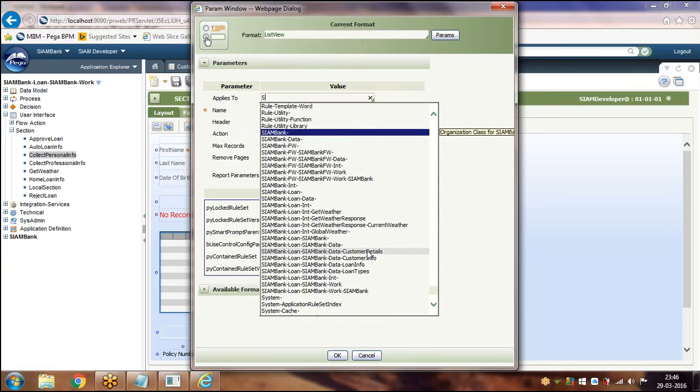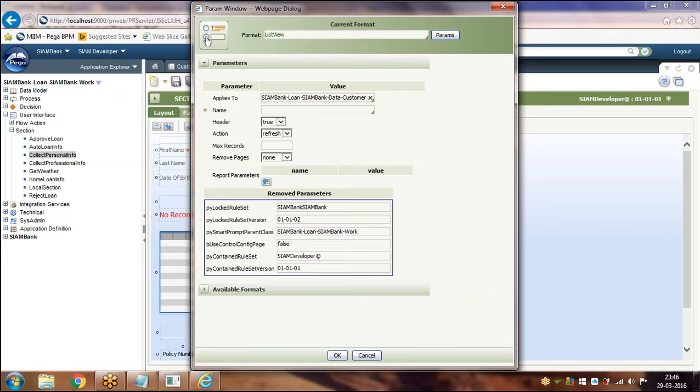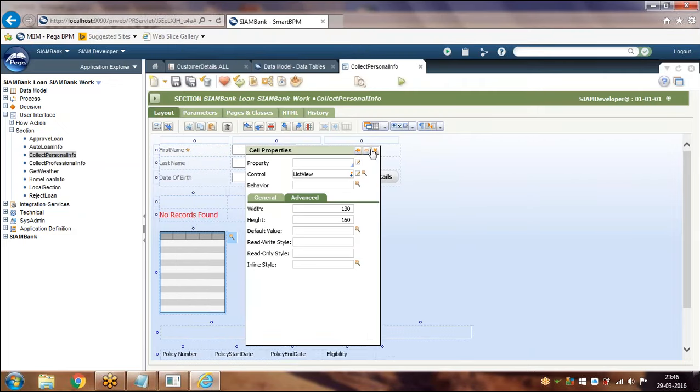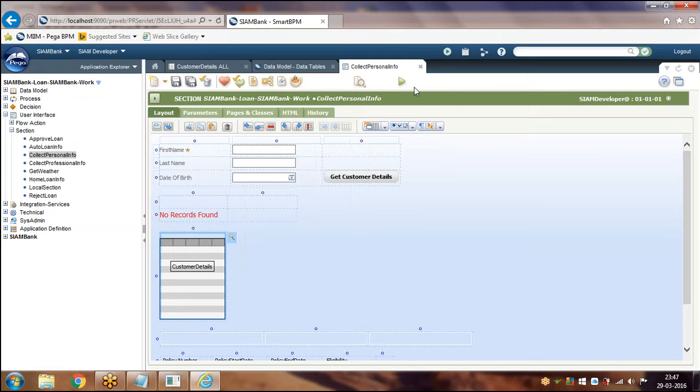See here, the list view which we created exists. And this is the list view which I am going to show in the UI. Click on OK, and save it.